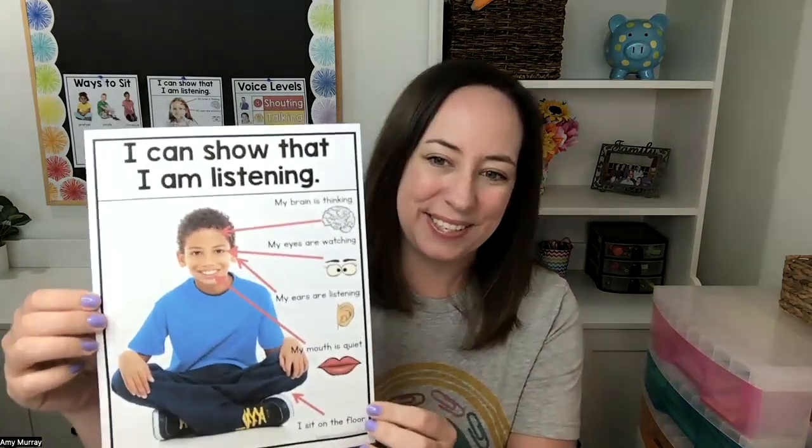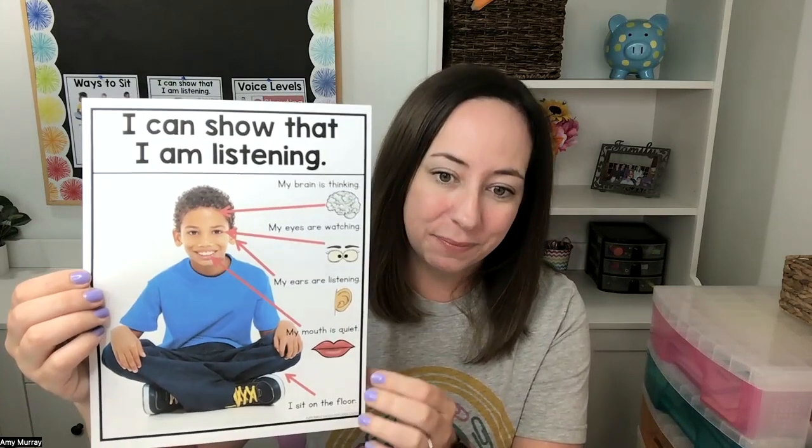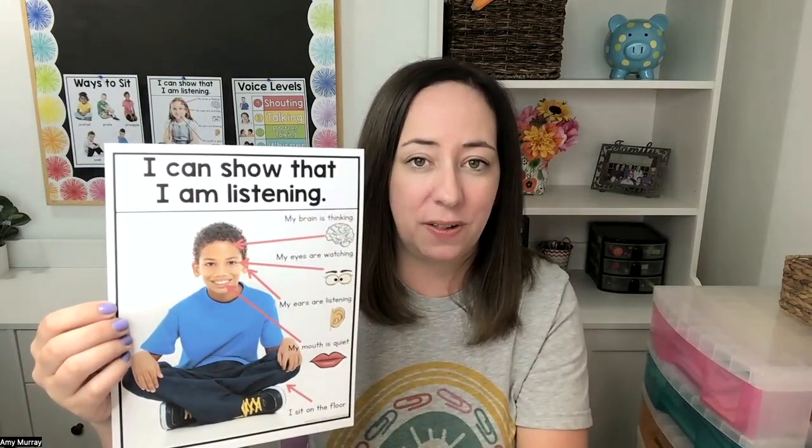So once they have their voice levels under control, you can move on to showing how to show you are listening. You see the poster in the middle behind me has the little girl there. I have the little girl option. I also have a little boy option. So I'll show you up here a little closer. This is sort of just showing how to respectfully listen. Can all 5- and 6-year-olds demonstrate all of these things all of the time? No. And I wouldn't necessarily hold them to it, but it's a good starting point.